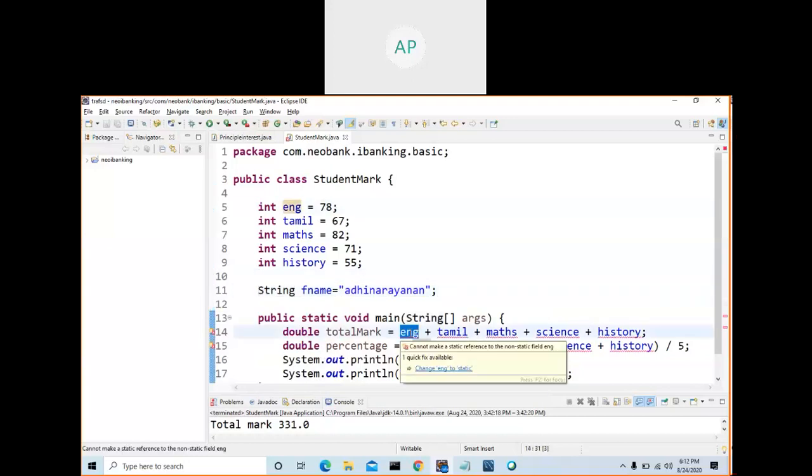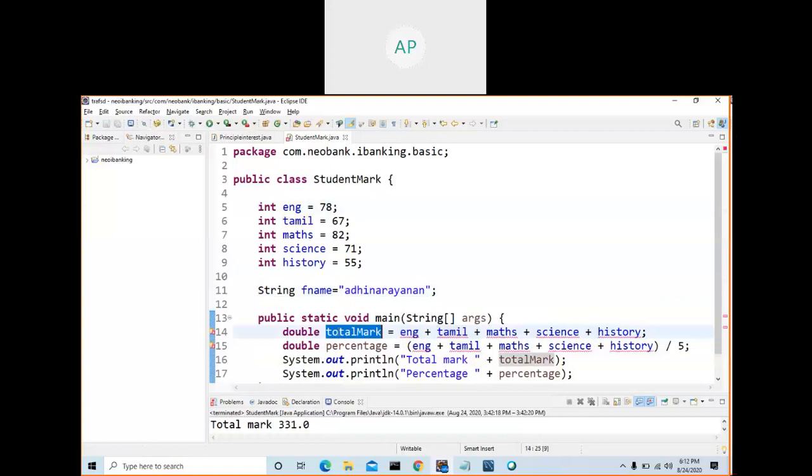See here, I'm adding the English mark, Tamil mark, max mark, science mark, and history mark, and I'm storing it in this variable, any name, total mark. The name is meaningful, right? If I make it something else, it's not meaningful, so in order to be meaningful, I make it total mark. I make it a double. It can be a double or an integer, but this should only be double, because we are going to find a percentage by adding all these 5 marks and dividing by 5.